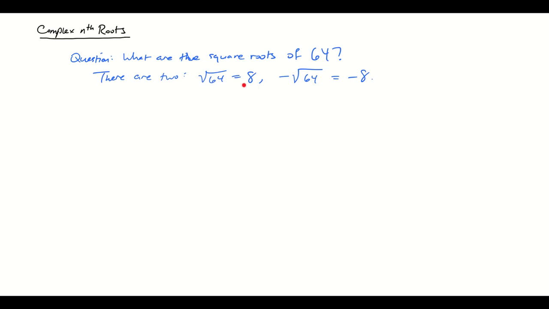We do consider the principal square root to be the non-negative square root of the number, and that's a convention that we use when talking about functions. But for algebra, we want to be able to think about all of the square roots. Those include 8 and negative 8. And from an algebraic point of view, it makes sense for there to be two square roots, because when we talk about square roots of 64, what we're really doing is something equivalent to solving